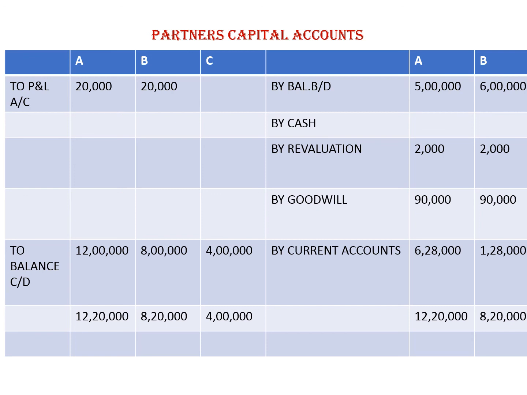By current accounts. Debit side is more. By putting on credit side, by current account A 6,28,000, B 1,28,000. Then we are going